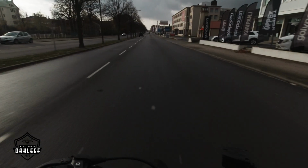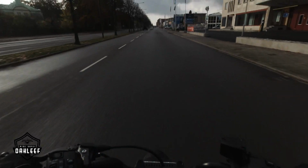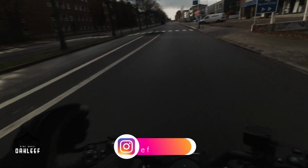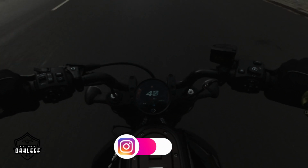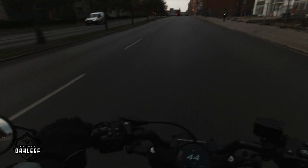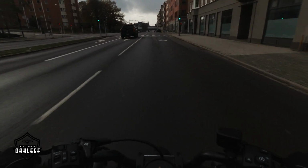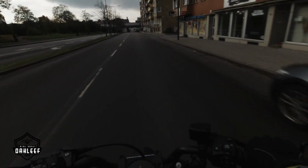Man, I don't know if you can see it, but the front tire, holy crap, it's massive. It has a pointy shape, so apparently it shouldn't feel that hard to maneuver. Let's find out. I've said this before, but 40, which is the speed limit in the city, is the worst speed to drive in, either by car or by motorcycle, because it's somewhere between slow and not too slow. So it's really hard to,